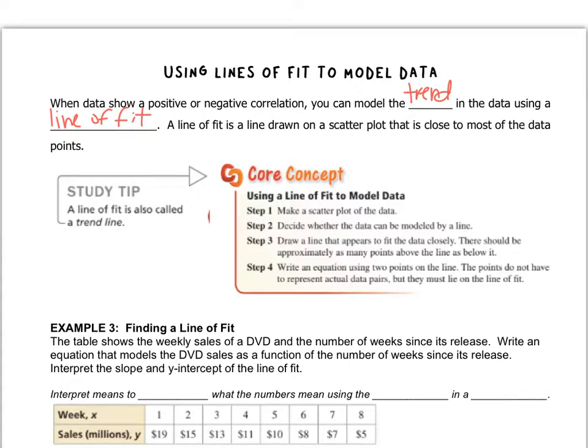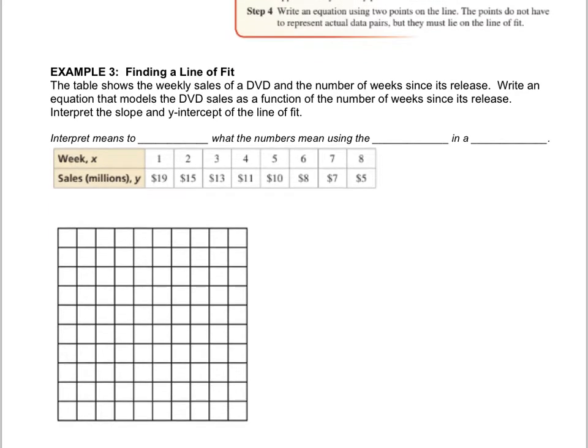Let's check out example 3. The table shows the weekly sales of a DVD and the number of weeks since its release. So those are the two labels in my story, the number of weeks and the sales. Write an equation that models the DVD sales as a function of the number of weeks since its release. Interpret the slope and y-intercept of the line. Remember, interpret means to explain